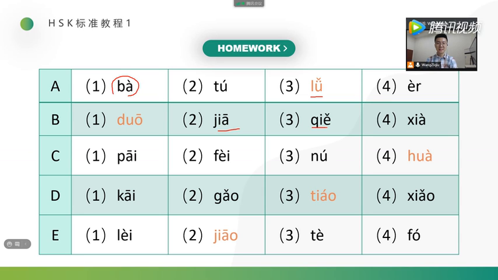How to read it? Can you have a try? Good. 且，且。